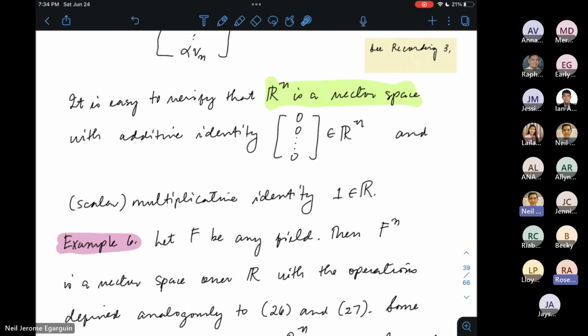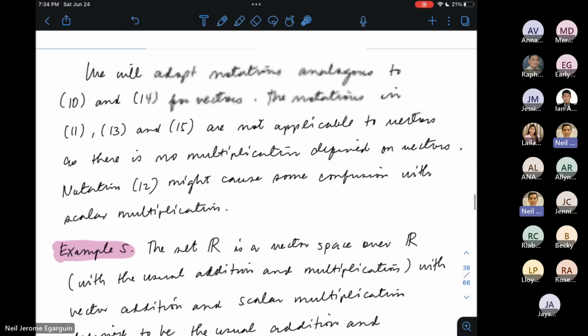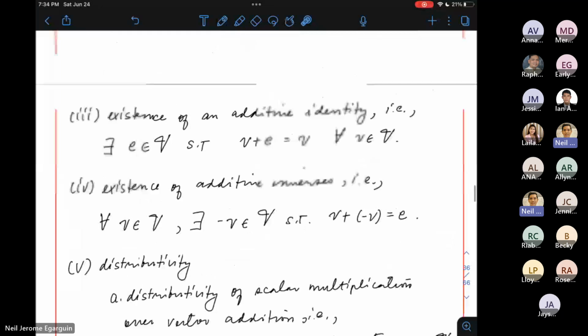Sir, sorry, I was late coming in earlier. You were mentioning when we can have a vector space, and I missed the two conditions, sir. Yeah, the conditions for having a vector space. It's definition number 3 in the module.